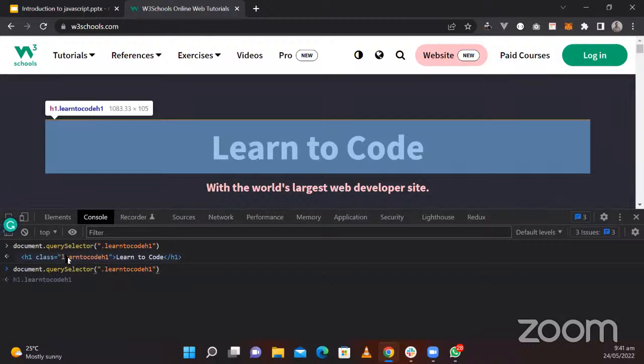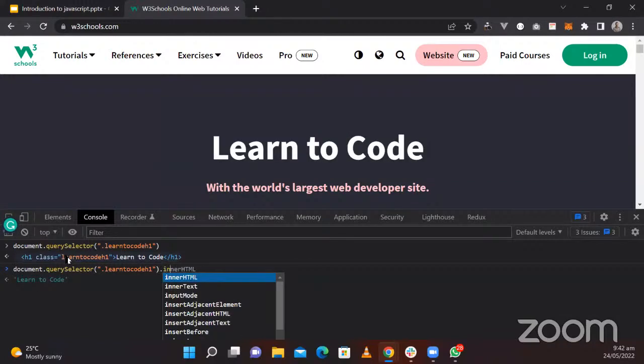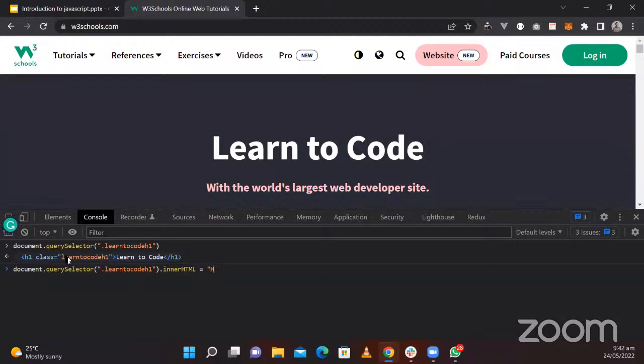And then I use my up arrow key to bring back the previous code that I did. And then I'm doing a dot innerHTML. And I'm doing equals